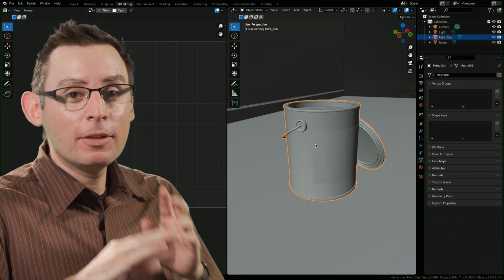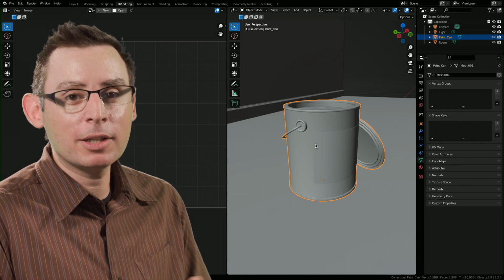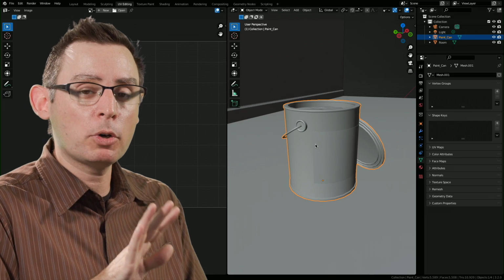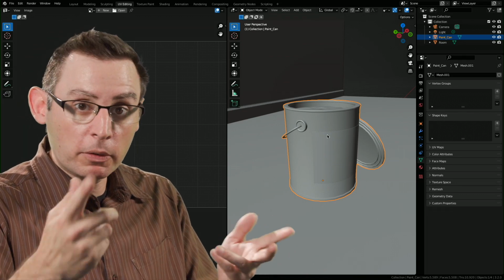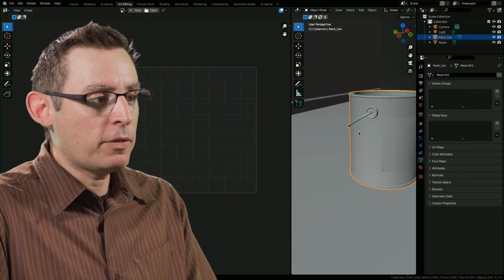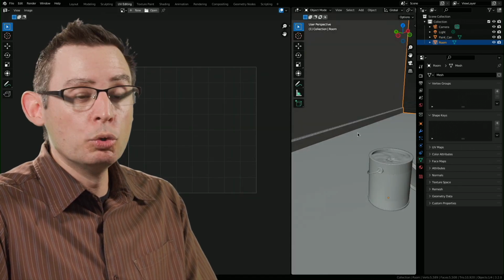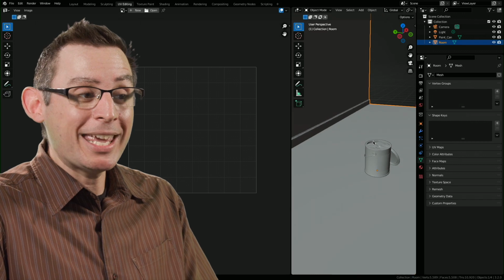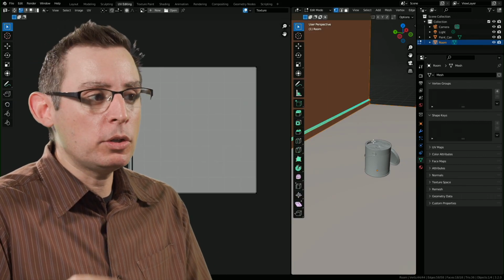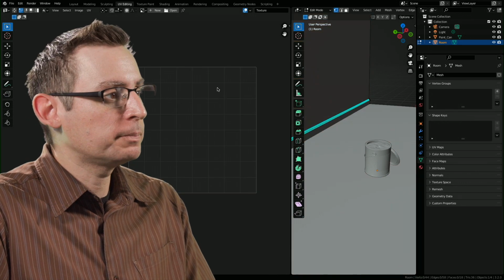99.9998% of the time, the UVs that the computer automatically creates are garbage. They're just not going to work because they don't match the size, scale, and proportions of their 3D counterpart. However, let's just take a look at it so you have a frame of reference as to what's going on. I have the room selected, and if I simply hit the tab key, there we go. Now we're going to start to see all of the UVs for the selected objects.